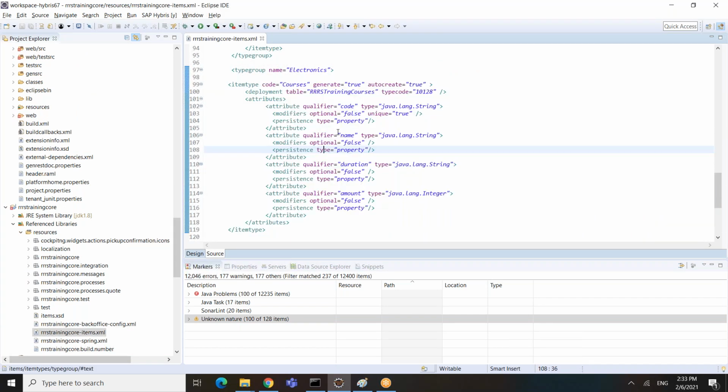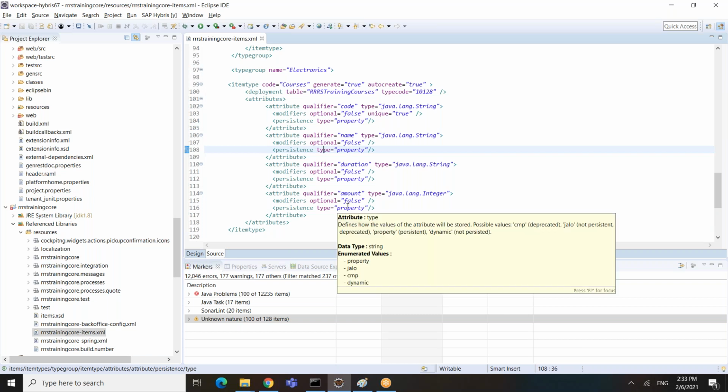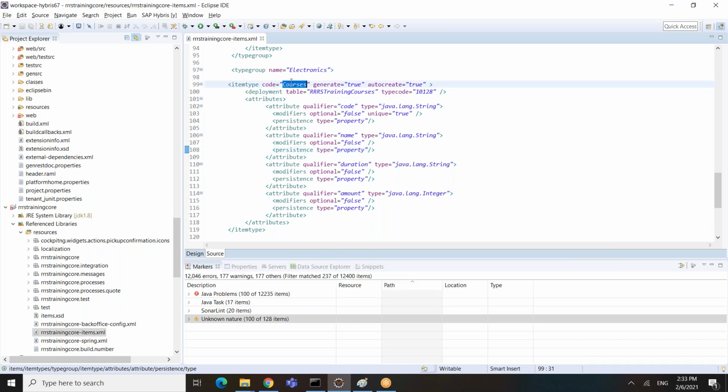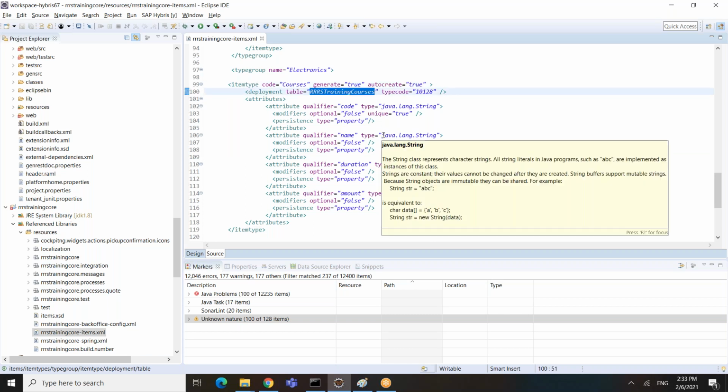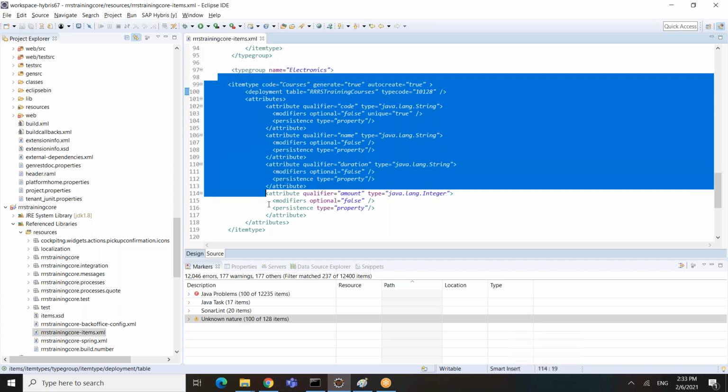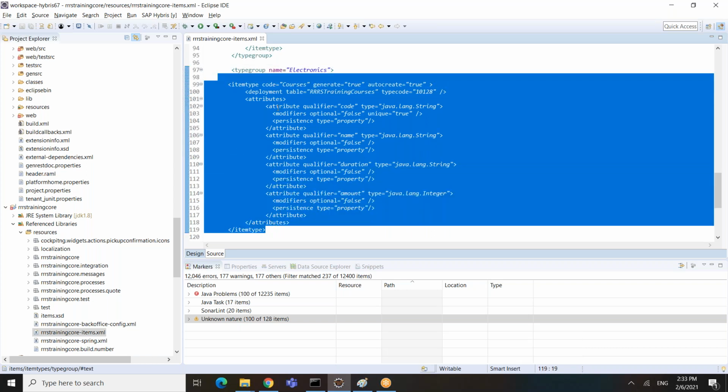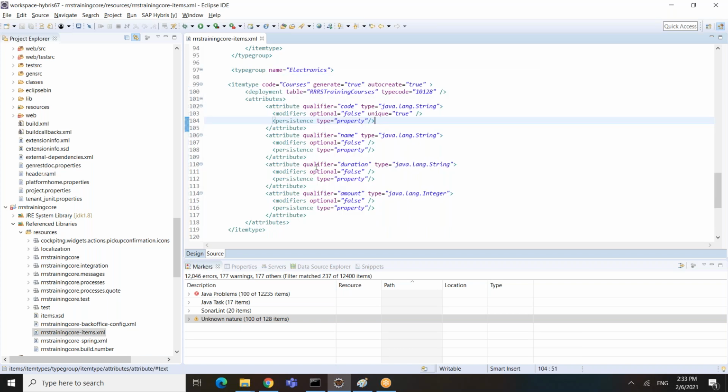It has 4 attributes: code, name, duration, and amount. The item type code is courses, and the table name is RRS training courses. So this is the item type. I created it and now performed ant clean all and also performed the system update.